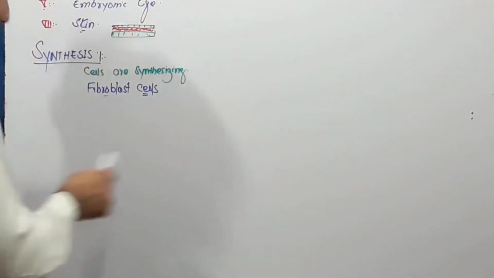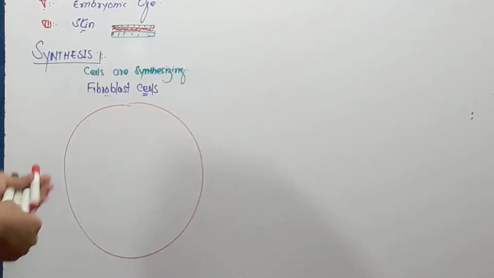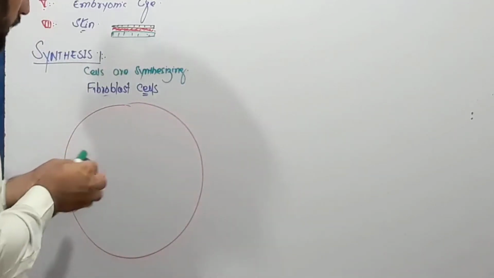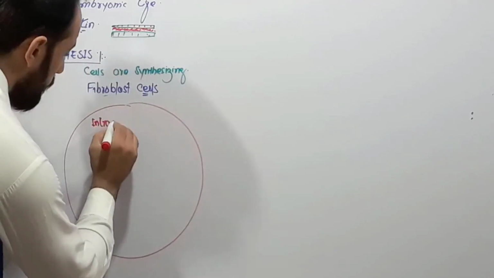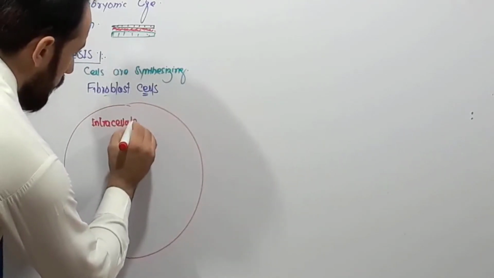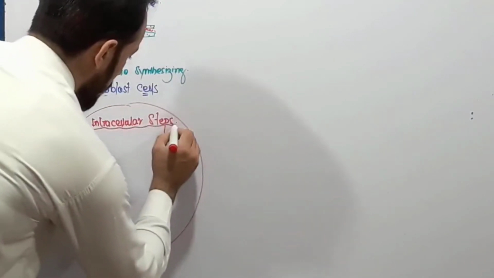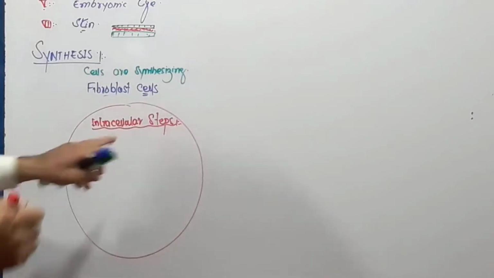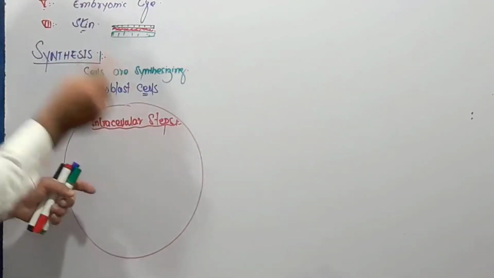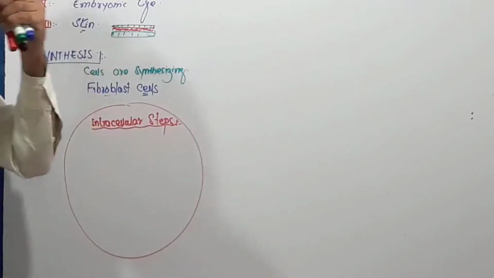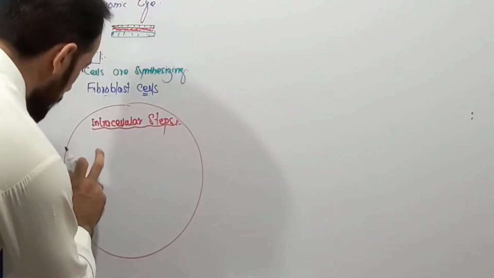So for example, if this is a cell, a fibroblast cell, right, what are the steps of collagen synthesis? So I will write here intracellular steps. That's so simple. Why? We should learn what are the steps of collagen synthesis which occur inside the cell, inside the fibroblast, right? And I am writing those steps inside the cell in order to remember all of them easily, right friends? So the first step which occurs inside the